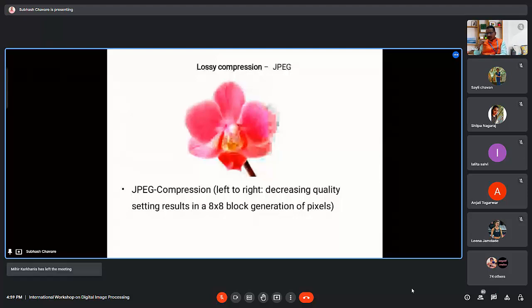Another one is MrSID, multi-resolution seamless image database format, for larger raster images, photo images, compressed quickly without